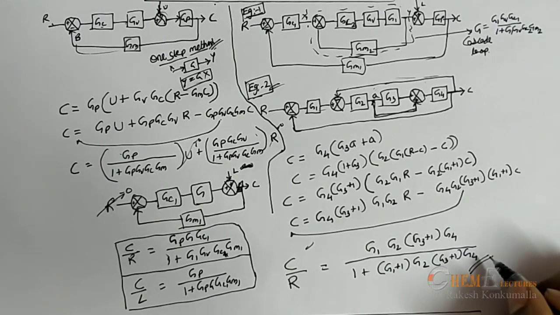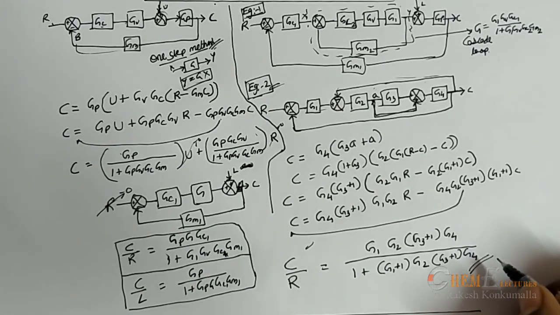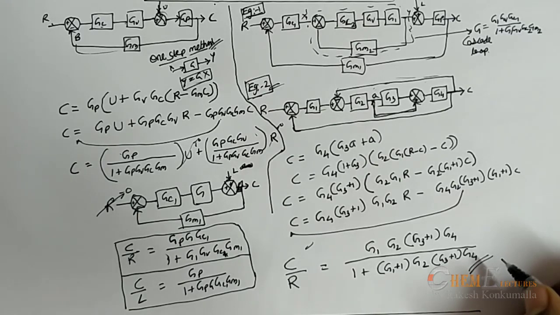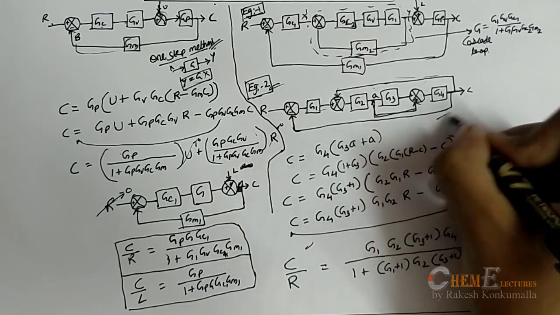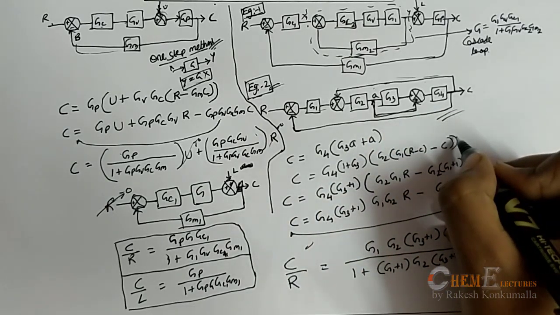And from these two examples, I have very clearly explained how to develop the transfer function. And if you want to go by the step method, it's up to you. You can go, but it takes more time, and if there are more complex variables, it again increases the complexity in your equations. So better you follow this method. If you have any doubt, just comment. I will even explain in the comment box.